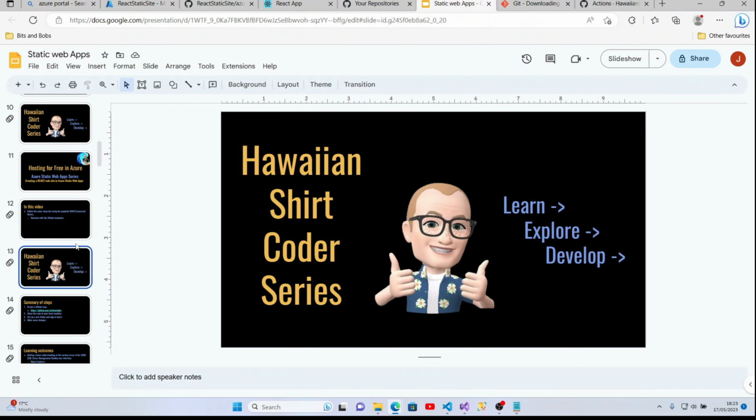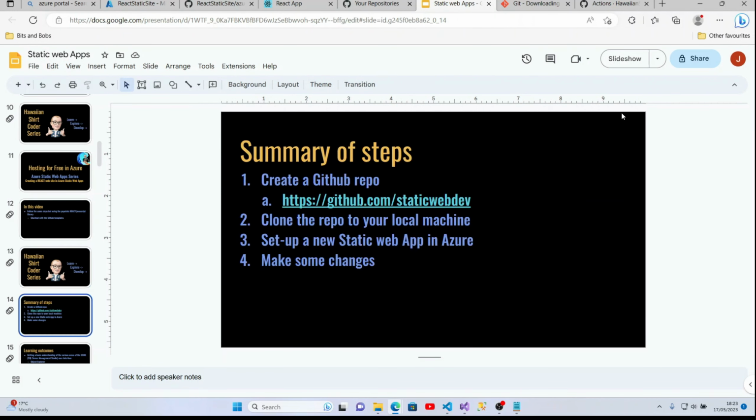So let's just go back to our slides. And that's basically that we create a GitHub repo, and we can use the nice shortcut template at github.com/staticwebdev. We clone the repository down onto our local machine. This time round though, we use different tooling. Rather than Visual Studio, we used VS Code and the command line to issue some command line GitHub commands. We also used an extension in VS Code